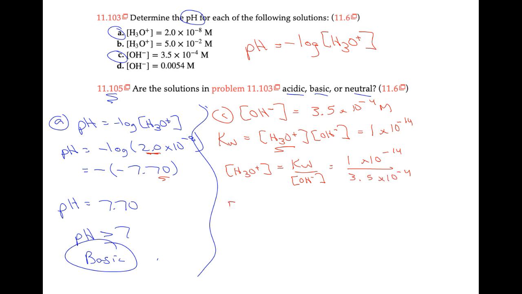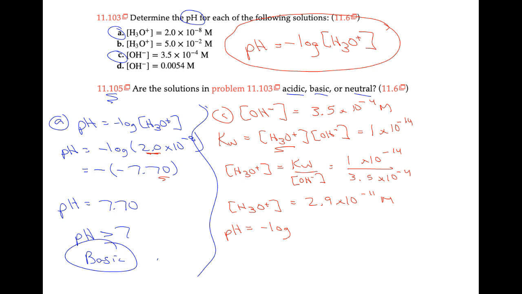When you punch that in your calculator, you find out that the concentration of hydronium is actually 2.9 times 10 to the negative 11. So I'm just going to punch that number into my formula. pH is equal to minus log of H3O plus. So now I'm just using this formula up here. So I get minus log of 2.9 times 10 to the negative 11. And that tells me that my pH, when I put that in my calculator, is equal to the negative of negative